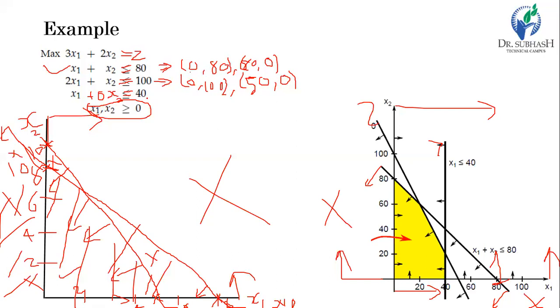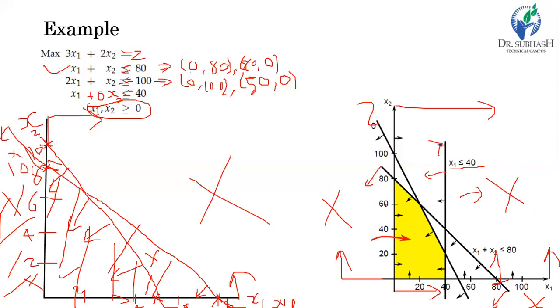Here we have plotted the graph of x1 less than or equal to 40, because the value of x1 is 40 along this line, and it does not have any relation with x2. For any value of x2, x1 is always 40 here, and the value of x1 is less than 40 on the left-hand side, whereas on the right-hand side it has a value greater than 40. So this area is not included in the solution.